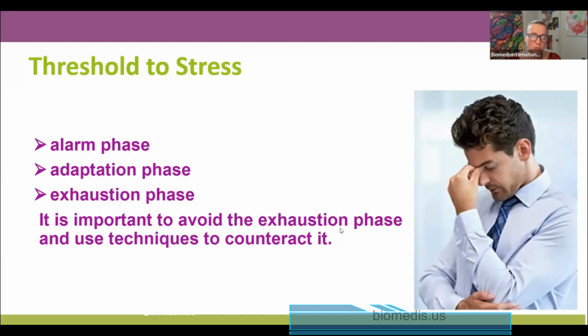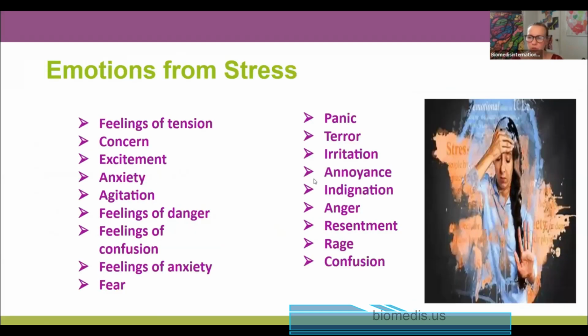But if the stress is still coming, no matter what you do, there will be an exhaustion phase when they really break down. It is important to avoid the exhaustion phase and use different kinds of techniques to counteract it. Okay, what are emotions from stress? Chronic stress is when you feel tension, concern, excitement, anxiety, agitation, feeling of danger, confusion, fear, panic, terror,